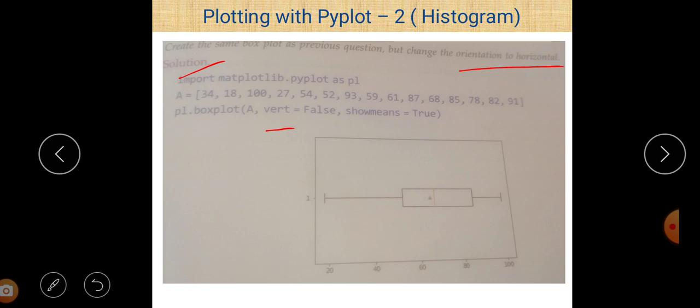So you can see here that now when we declare VERT is equal to false, the box plot will be displayed horizontally. You can easily see that.